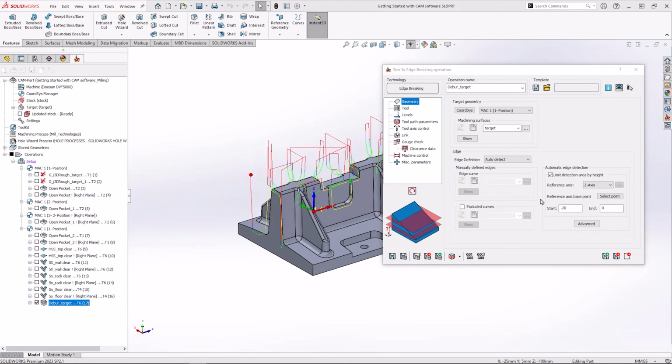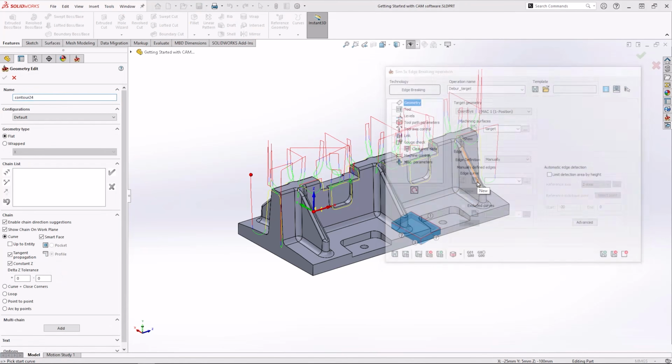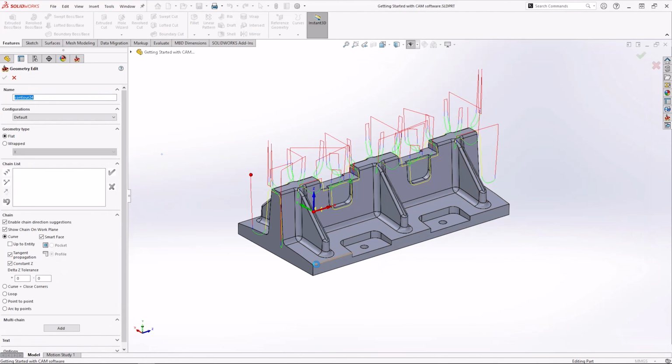Let's move on from this and see how we can optimise this further. We may want to manually edge detect rather than use the automatic function. As you can see, I'm just going to collect a series of edges on this one side as a representation for when we go and alter any other parameters. Obviously I can always come back and edit this at any time, or switch back to automatic.